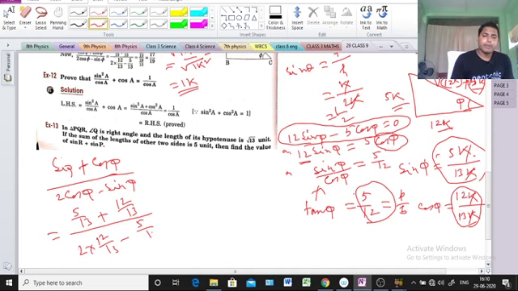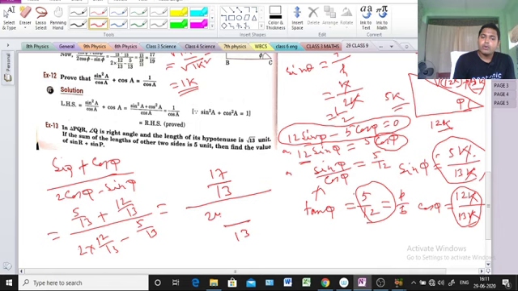So we are getting here 5 by 13. Now do simplification. Here the denominator is 13, and here 12 plus 5 is 17. And here the denominator is also 13, and here 12 to the 24 minus 5. Clear or not? 24 minus 5.